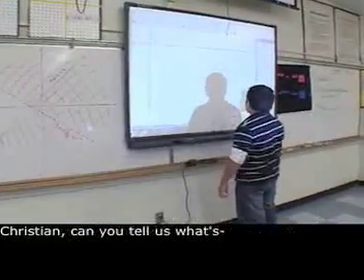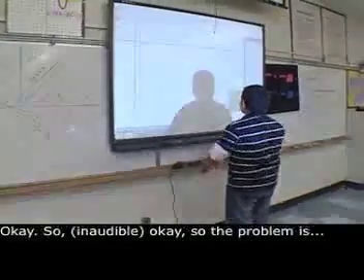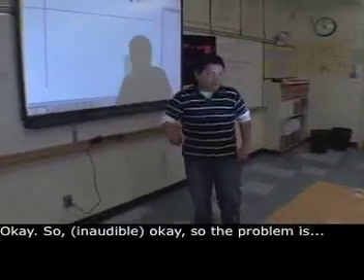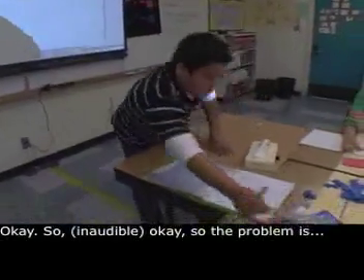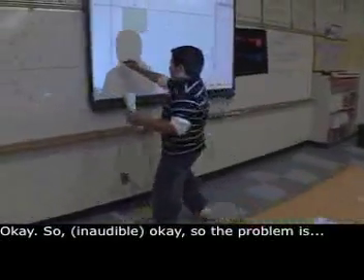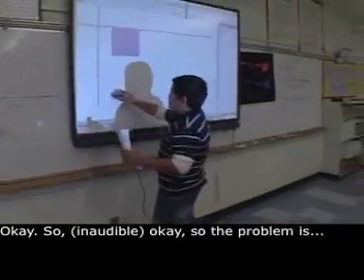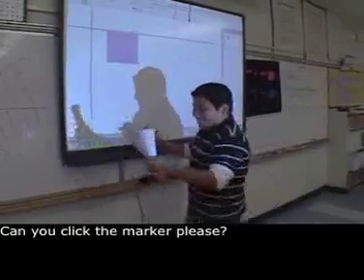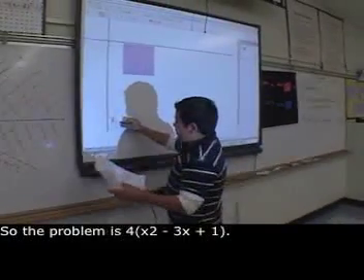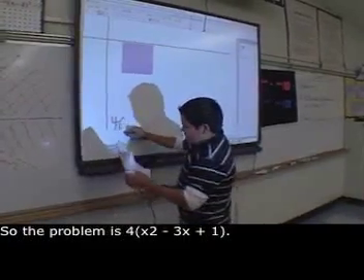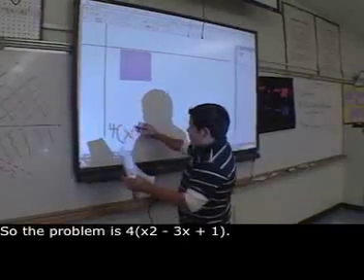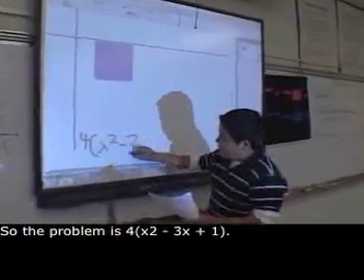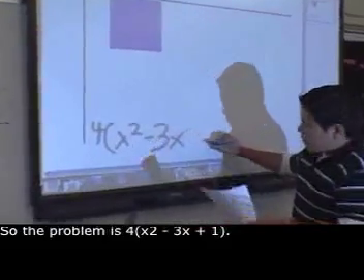Christian, can you tell us what's... Okay, so tell you guys what. Okay, so the problem is... I got it. Can you click the marker, please? Okay, yep. So the problem is 4 parentheses x squared minus 3x plus 1